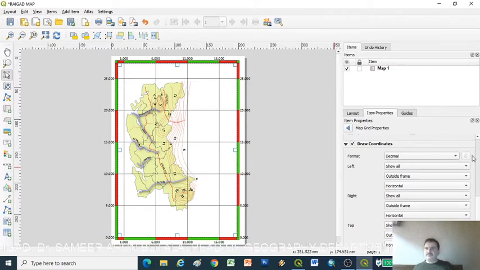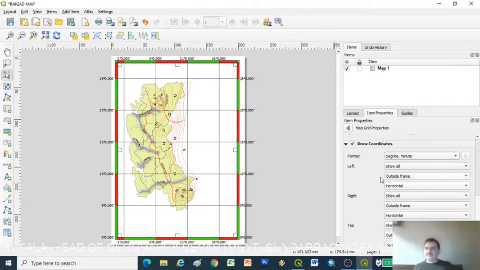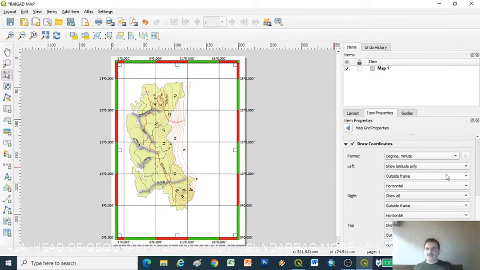Now scroll up to the upper side. Now format, which format of coordinates we want, here is decimal, so we want decimal minutes with degree and minute, decimal with suffix. So I pick degree and minutes, show all. On the left side, I want to adjust the coordinate, show latitudes only, so it shows only latitudes.